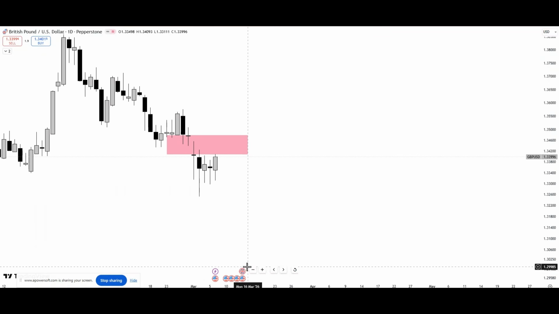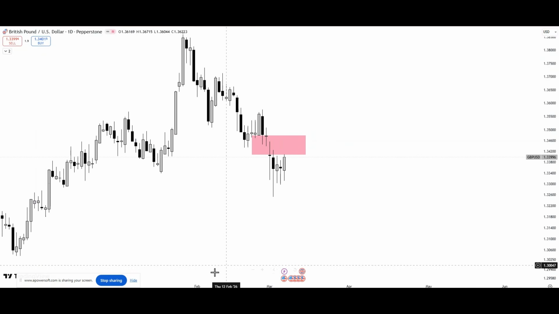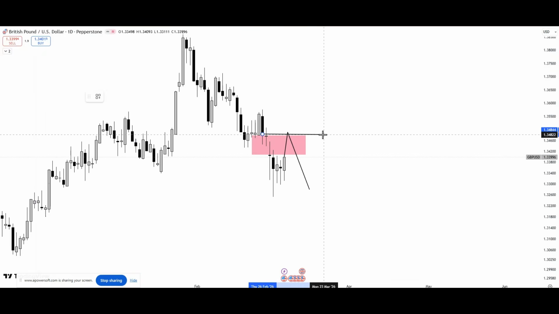So let's look at the daily time frame. On the daily time frame, the same thing. We still have a lot of gaps here where we also have the weekly gap. I want to see price tag this. So there's this order block right here, which price can still tag before we see that bearish move.